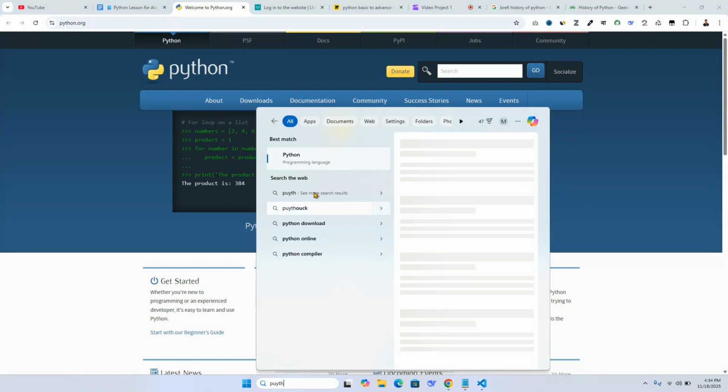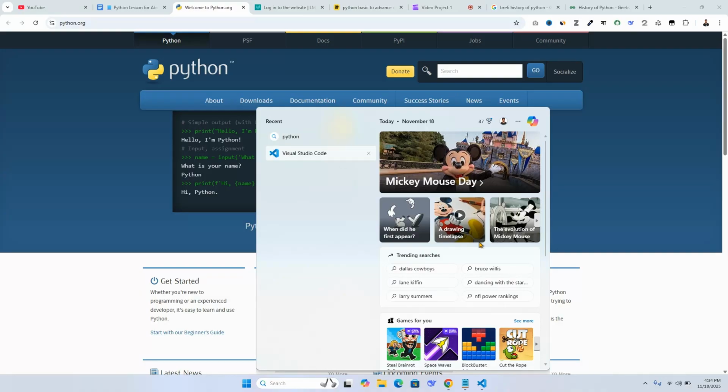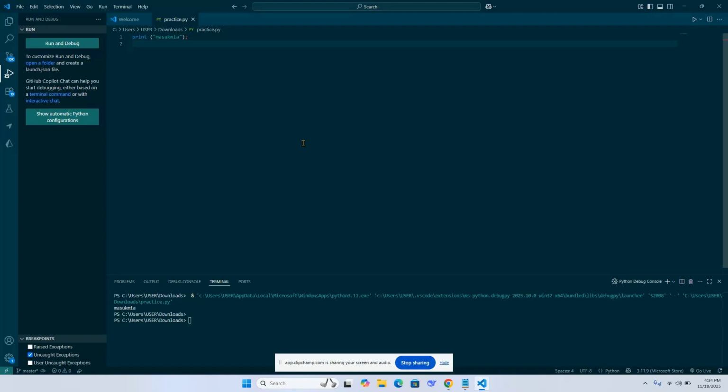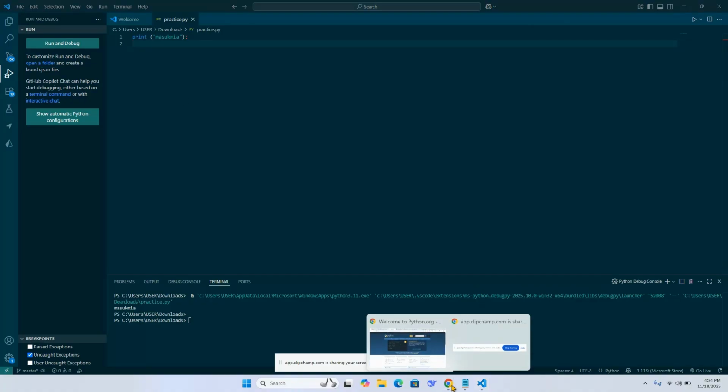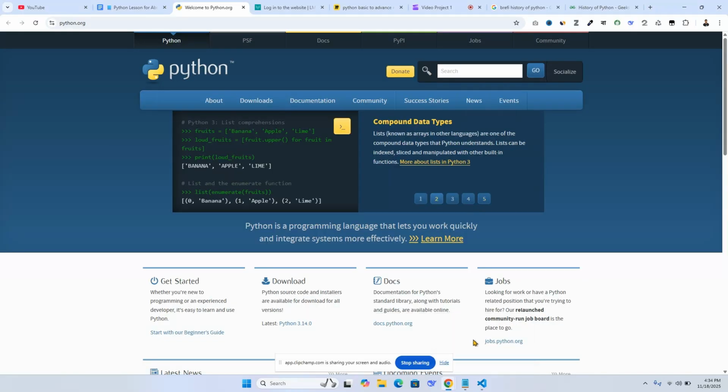Like so, this one, Python, exists already. Then if I show again, Python already exists. Now I have already installed VS Code on my local system, and it's already live. So now I hope you understand how to install Python. This is the basic, simple tutorial, but I'm just skipping this one.